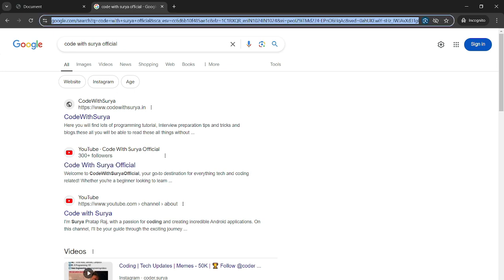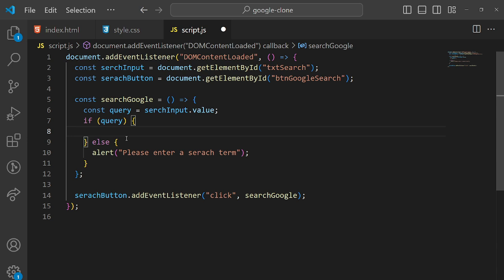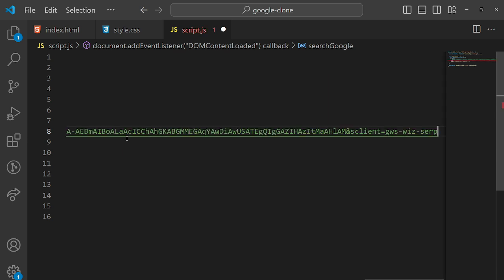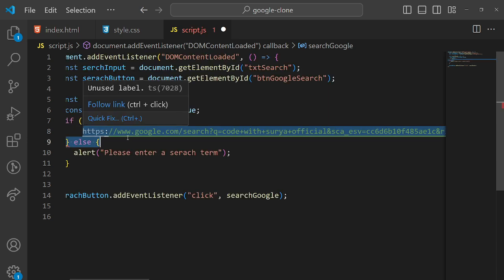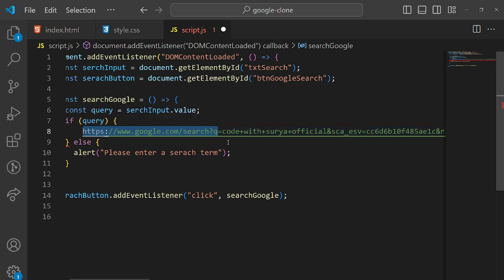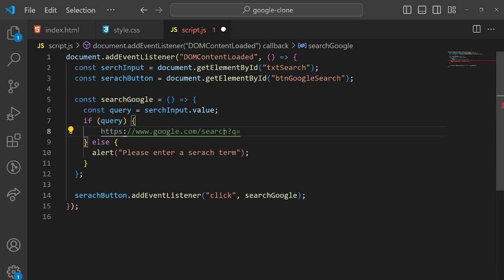Okay, so just copy this URL and close this window, and I'll show you. You can see after this google.com search query, we have this search text, code plus with plus Surya plus official, so it is a search term. So just remove this entire line from here.